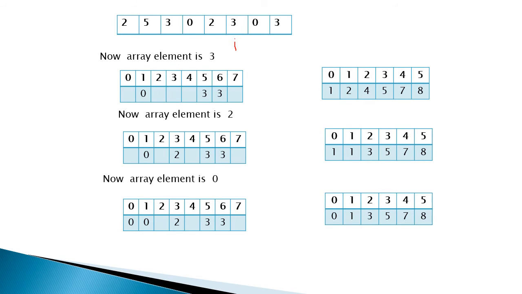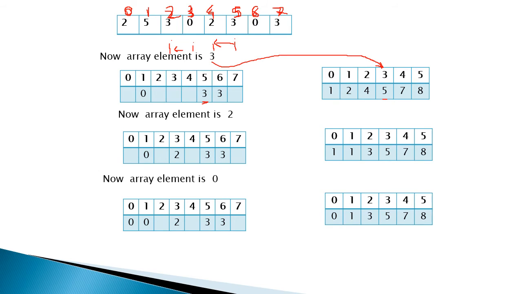Now I is on this index. Suppose here 0, 1, 2, 3, 4, 5, 6 and 7. Okay, now again 3 is there. Then go to our updated array. Here now the index is 5. Then store that on the 5th index. Okay, and the next is what? Again decrement I.